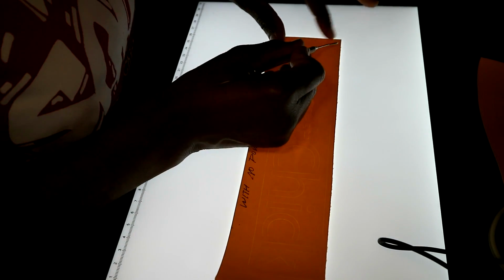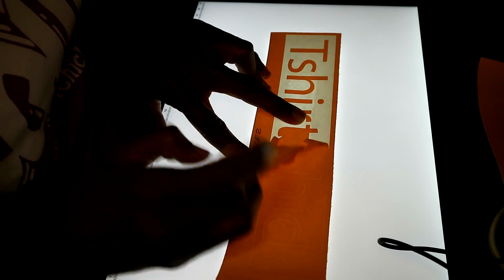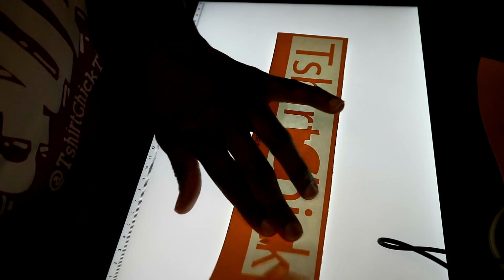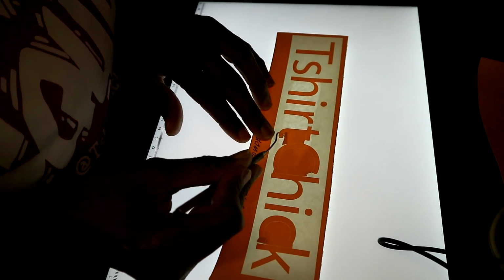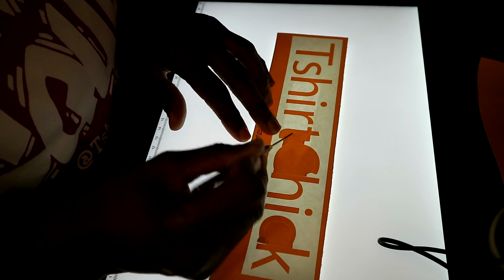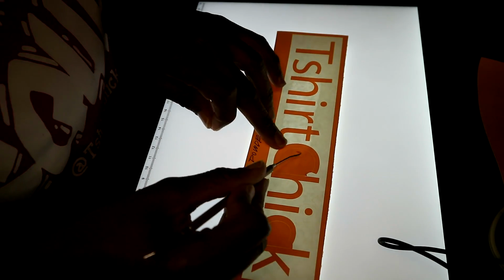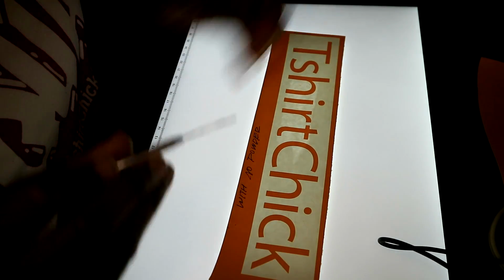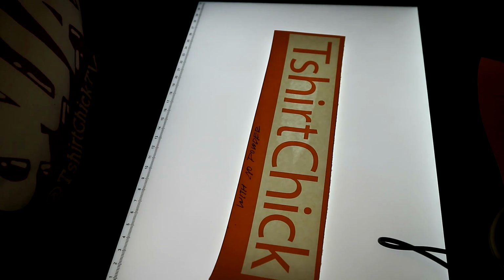So I'm going to take my weeding tool right here, and you can easily weed this because you can see everything very easily. I'm going to do that on purpose, tear that part off. Okay, so right here now you can see exactly where you need to be weeding it with this light. Alright, so